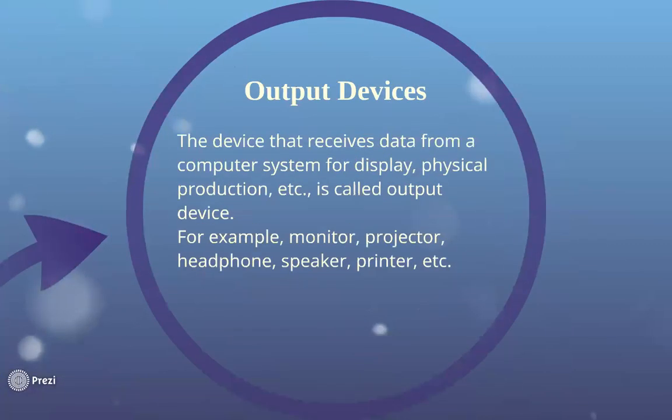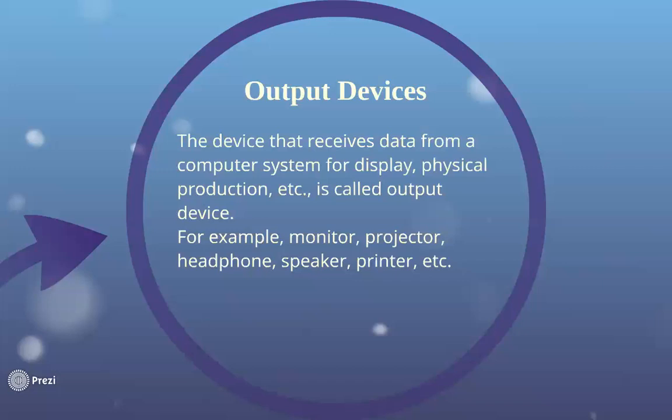Output devices, the devices through which you display the output on screen or as a printout, are called output devices. Basically, output devices are the ones which give you the information, the result of the data that has been processed, which was given as an input through the input device. So basic examples of output devices are monitor, projector,